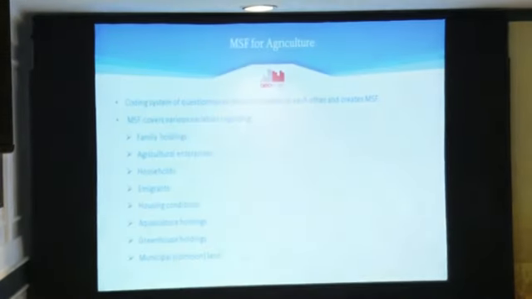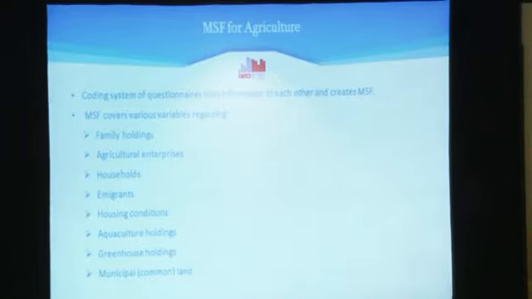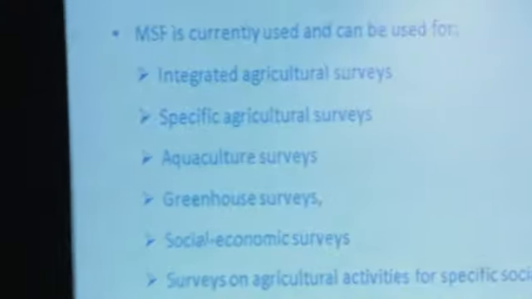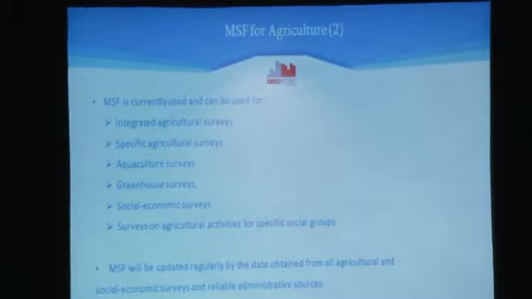The coding system included in the census database easily links all obtained data and creates a master sample frame for agriculture. The Georgian MSF covers various variables regarding family holdings, agriculture enterprises, households, immigrants, housing condition, aquaculture, greenhouses, and municipal land. The existing master sample frame can be used for various surveys, and there is a list of those surveys. The master sample frame will be updated regularly by data obtained from agriculture and social economic surveys and reliable